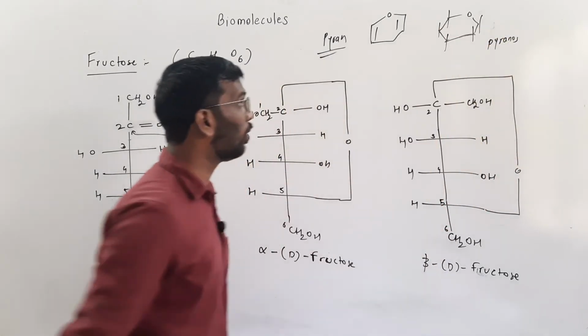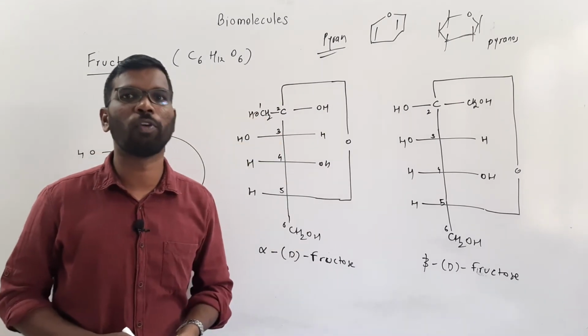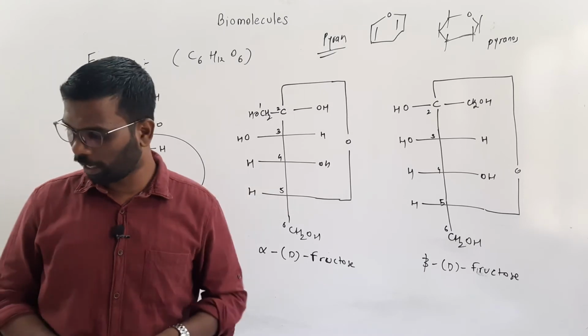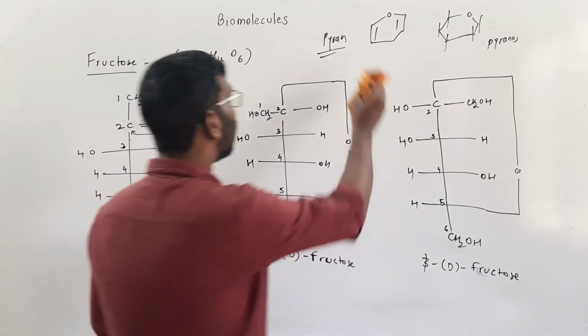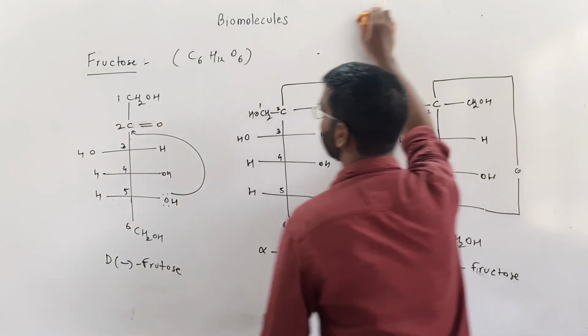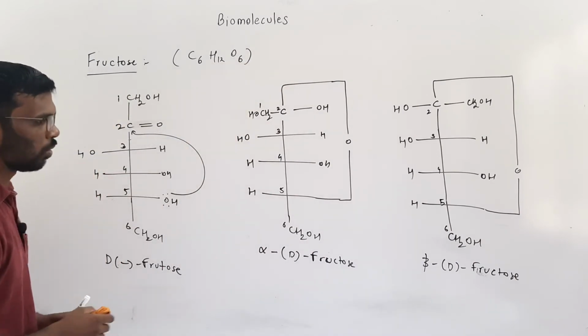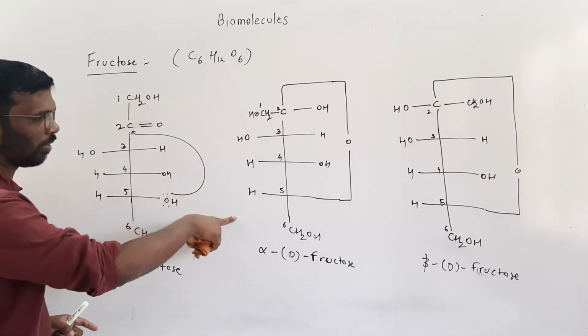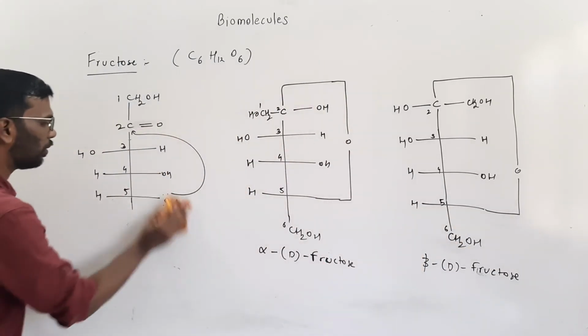Okay, now there is one more. This is also called as a furanose structure. In the case of the fructose, it is called as a furanose structure. Now, let us learn about the Haworth projection for a fructose. So, I'll consider, so Haworth projection we have to draw from this structure. So, I'll clean this structure.